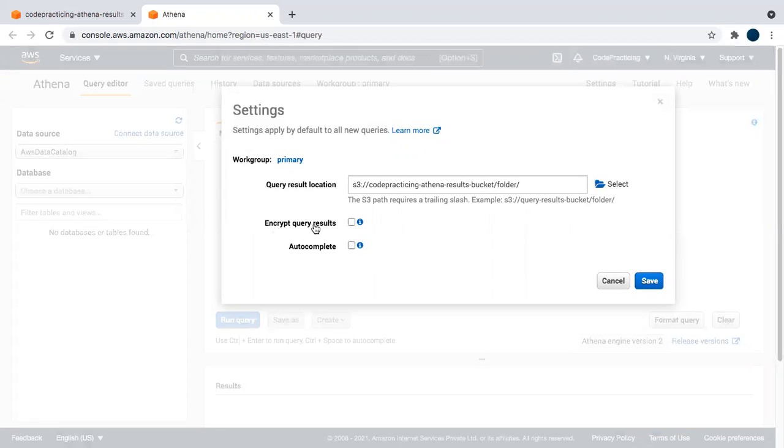Enable this option if you want to encrypt your query result in Amazon S3. Enabling autocomplete will autocomplete queries when you type in the query editor. For this tutorial, we are not enabling these settings. So click on save.